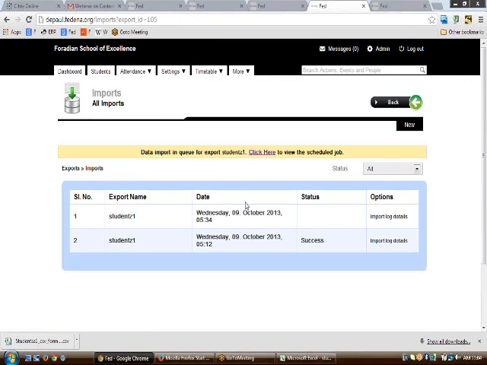On clicking upon choose, your file will start the process of being uploaded from your system to